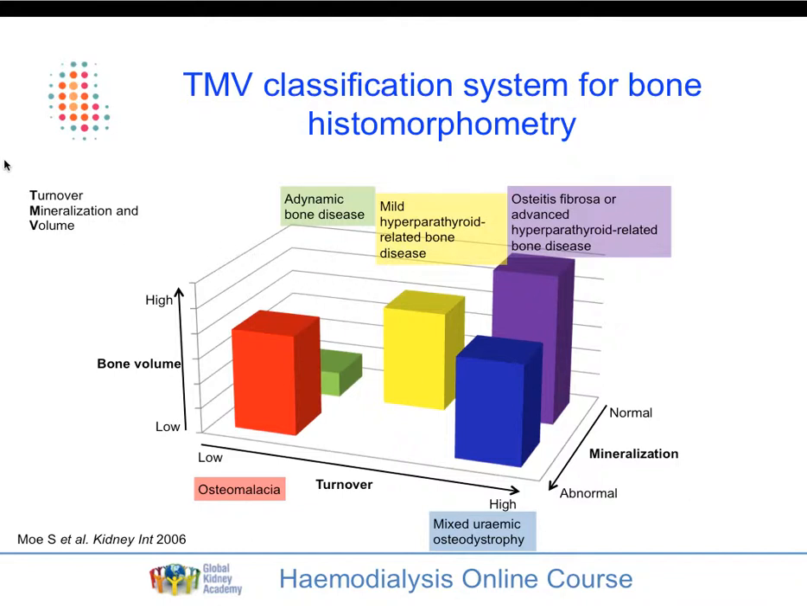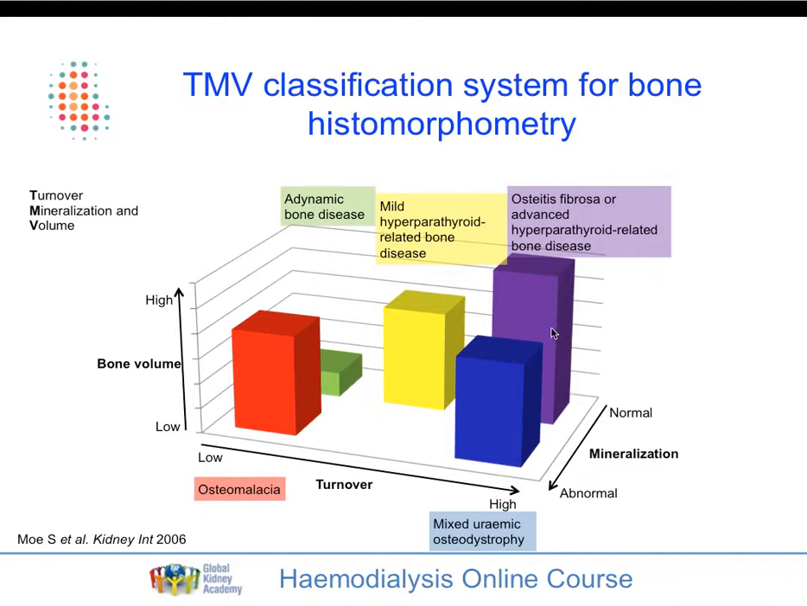What KDIGO have said is that we classify the biopsies according to turnover, mineralisation and volume. So if the turnover is high, we call that osteitis fibrosa, or perhaps a hyperparathyroid-related bone disease. If the turnover is low, we call that adynamic bone disease here. Then you can look at the mineralisation along this axis, and so if you've got high turnover bone disease, you